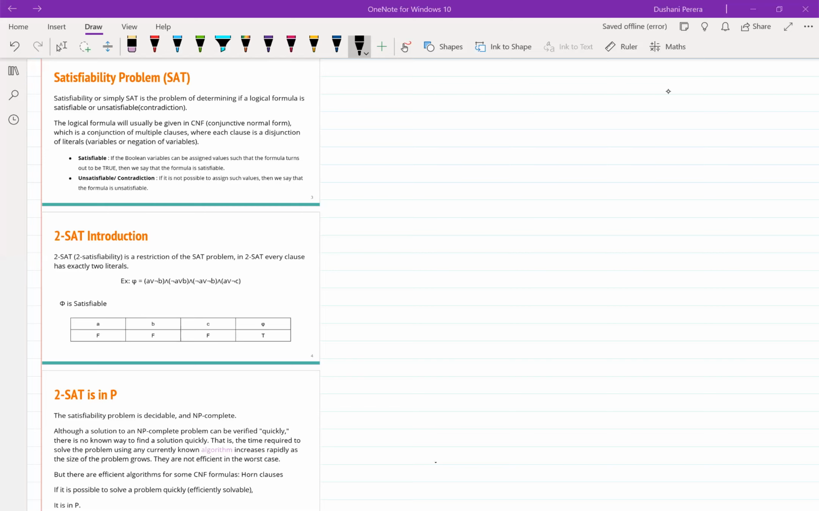Today we will be talking about satisfiability. Here we will be determining whether a logical formula is satisfiable or unsatisfiable. Usually when we have to check satisfiability, our logical formula, or the set of clauses, is connected with